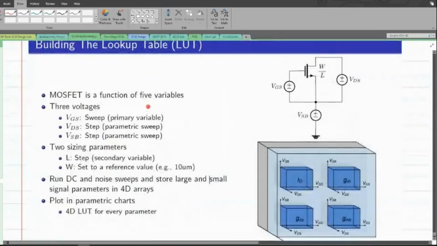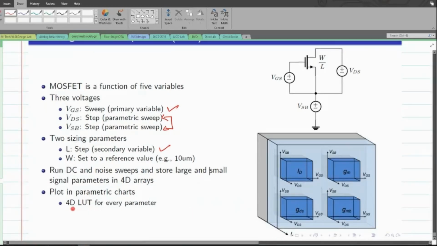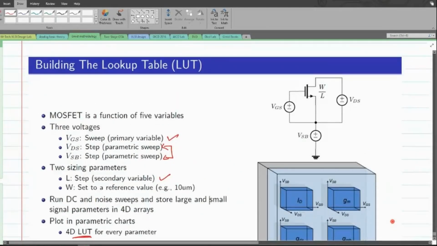In the case of a LUT, we not only sweep the variables VGS and the length, but we also sweep VDS and VSB. So we will have some other dimensions to our charts. Based on these LUTs, we end up having a four-dimensional LUT, so that we can evaluate the actual value of VSB or the actual value of VDS that I want, to exactly convert our spec to these values. So with this, I will stop here, and in the next session,